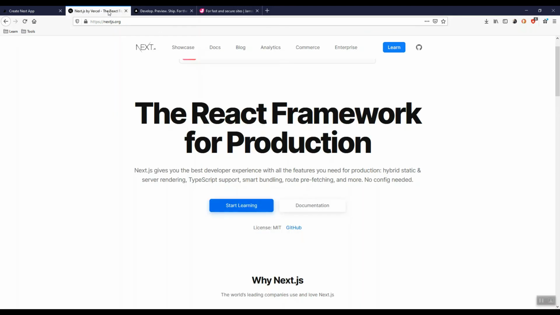Okay, now let's come to Next.js. Next.js is one of the toolkits of Jamstack which allows you to create static sites. So a few things about Next.js. First of all, it is based on the React framework. I'm sure you already know about React.js, so it's built on top of that. It's okay if you don't know React.js, but it would be very good if you already do, because then you will be able to use some of the React.js features in Next.js as well.